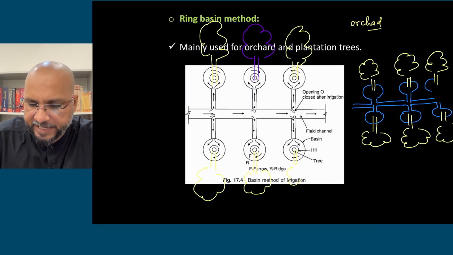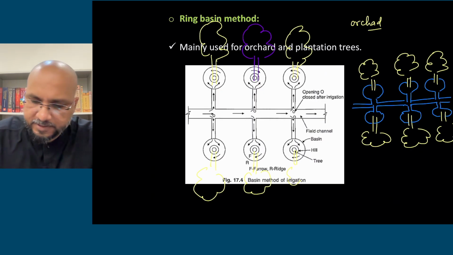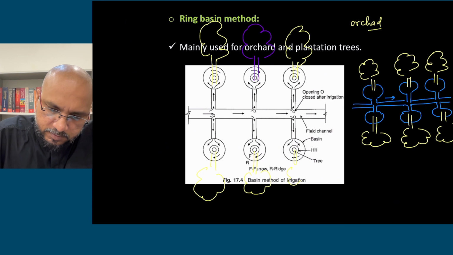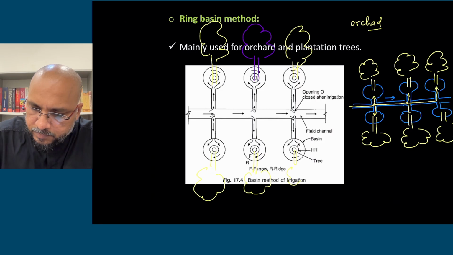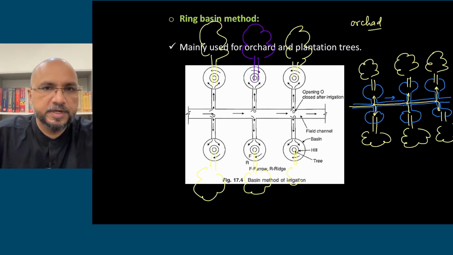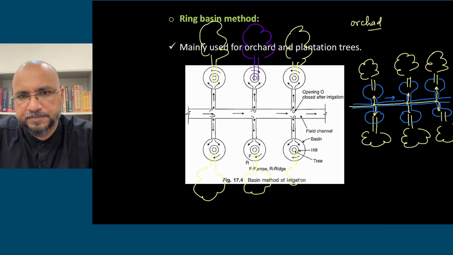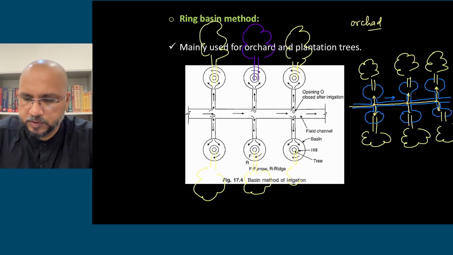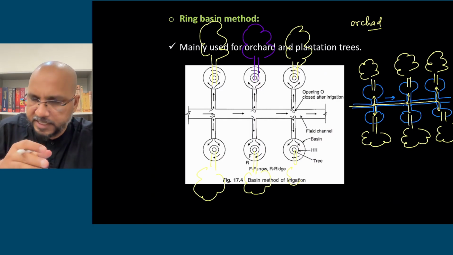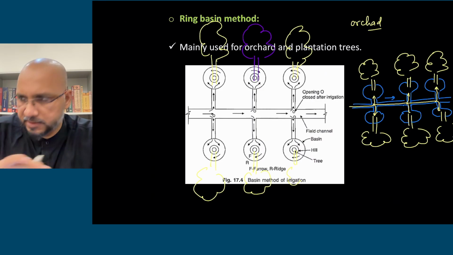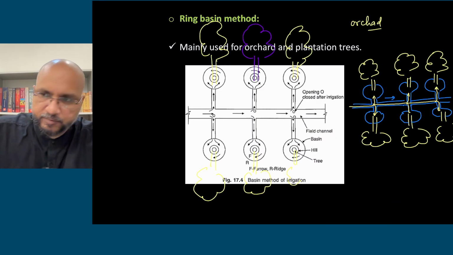इस तरह से ये तुम्हारा main channel है, water will be flowing through the main channel and from this channel it will enter into these rings. Okay, so each tree will be applied enough amount of water through these rings. Now sometimes when water is touching every tree and it is flowing throughout the field from one plant to another